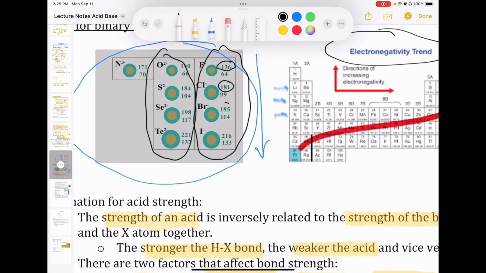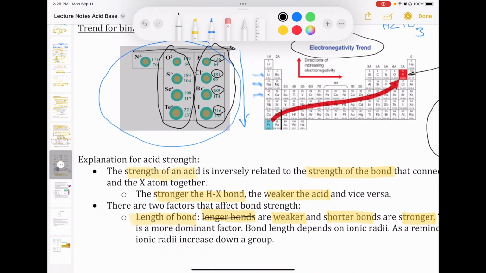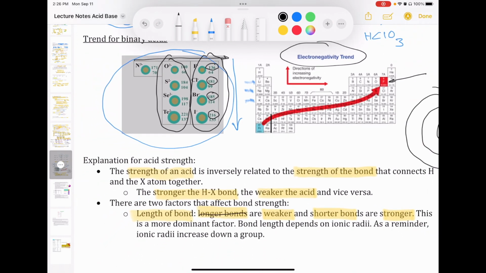for each one of these, 136, and then 216 for the iodide ion. So you can see that going from fluoride to iodide, the size goes up by close to 70% or so. On the other hand, if you're talking about going from left to right, the change is usually not as dramatic. That's because in a period, all the electrons are located in the same shell, so therefore the distance difference is not that major. So size is going to be an important factor when you go up and down a group